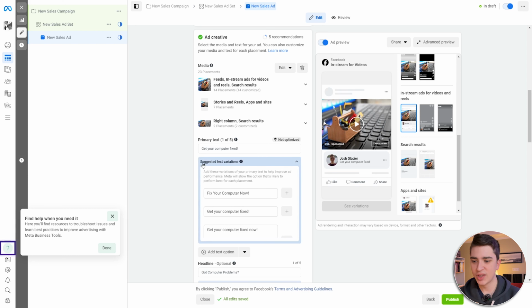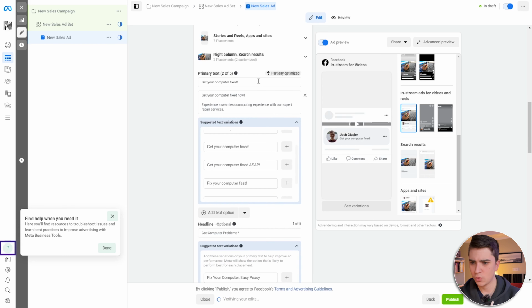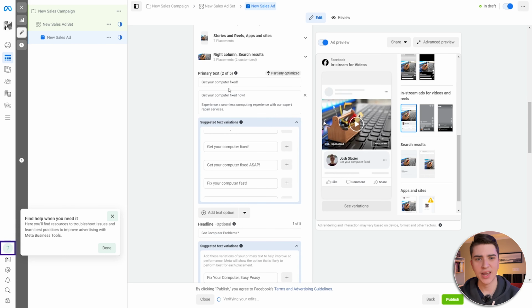And we can see that it actually has suggested text variations. Fix your computer now, get your computer fixed now, experience a seamless computing experience. So we'll do that, and we'll just add different types of primary text. It's very important here to have some alternate text so that Facebook can actually show different variations of your ad